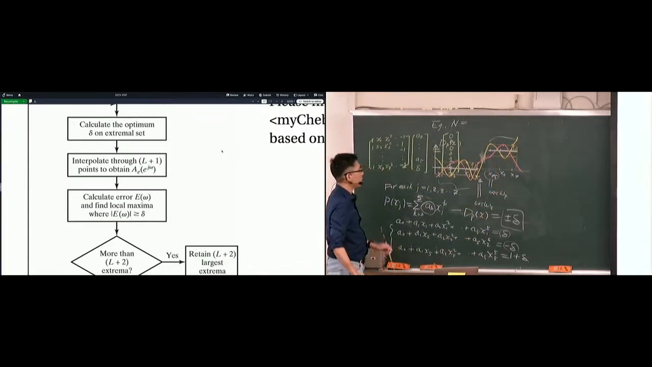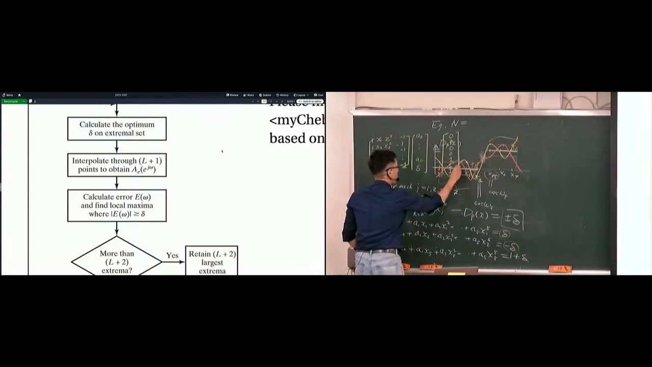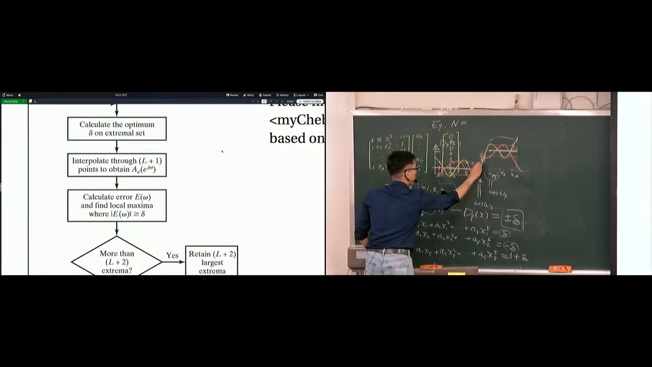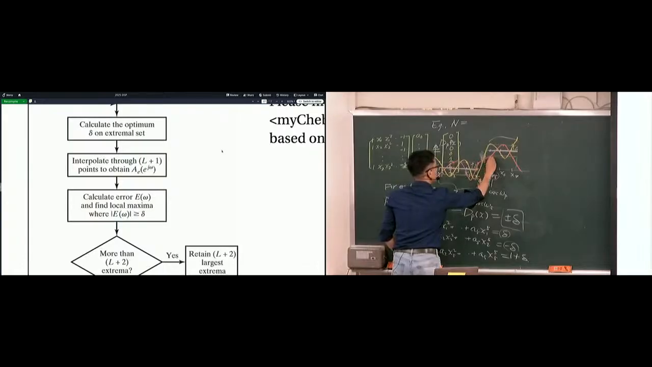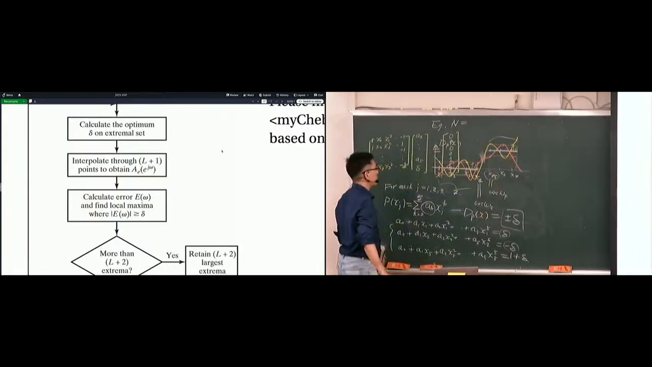Okay, so this is a bad plot, but I have a computer code I'm going to show you. But let me try to explain the idea, okay? So at first, we guess these are where the extremal frequencies are. Okay? At first, this is our guess, right? Now, but